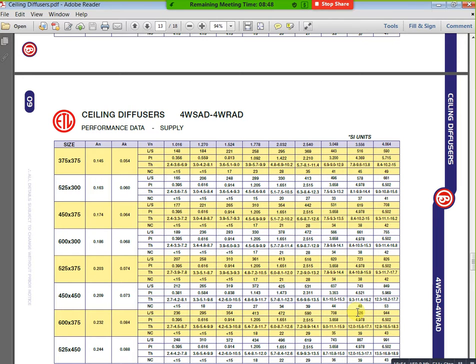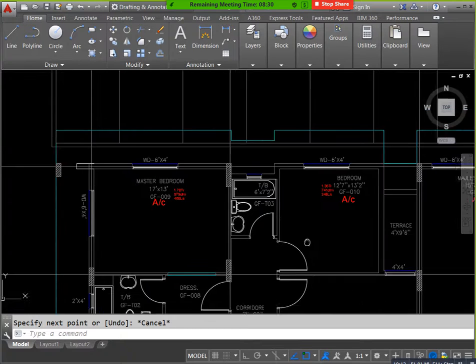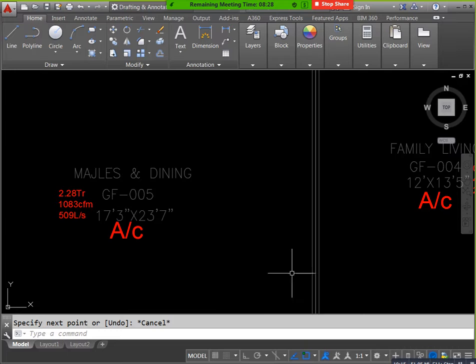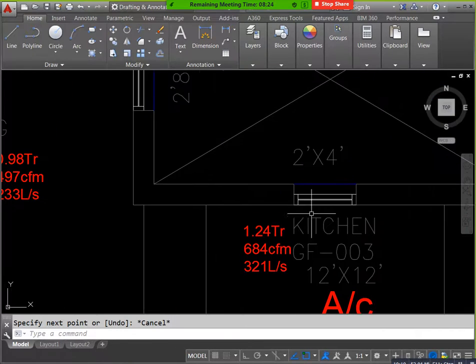You can select the maximum limit in your floor. For example, you selected the entire tons of refrigeration in your plan. In that condition, here we have 460, here we have 348, here we have 509, and here we have 233. We have minimum and maximum 321. Based on all this, you can select one, whichever minimum and maximum square diffuser is better. Based on this catalog you can select that one.